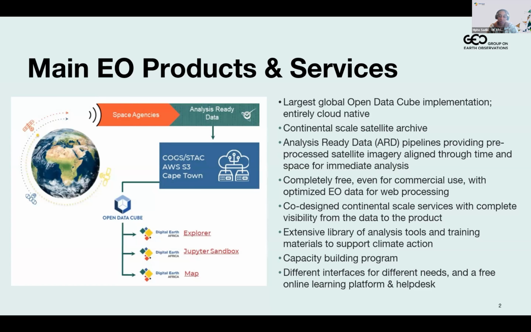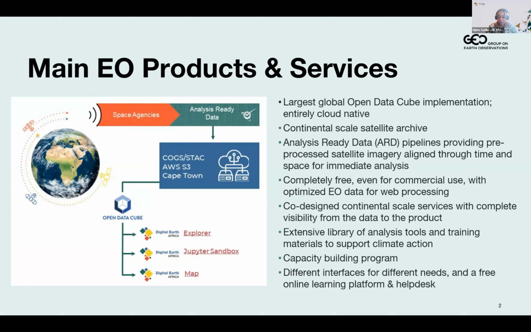And to make this data a little bit more accessible, we have different entry points. There's a simple web-based visualization service that we offer, the Digital Earth Africa Maps, where you can just go in and visualize all the data we have to offer, be it the satellite imagery, any of the value-added products we have, or any other data that we bring from external partners onto the platform.